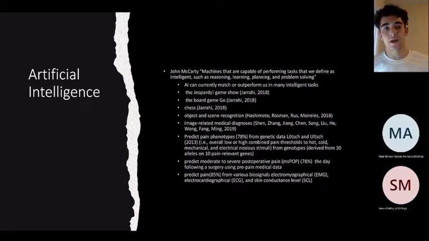So artificial intelligence. John McCarthy, I believe in the 1950s, famously defined it as machines that are capable of performing tasks that we define as intelligent, such as reasoning, learning, planning, problem solving. And of course, it's kind of a weird definition that doesn't really go far, right? Because it's like, oh, well, artificial intelligence is anything that we would consider intelligent, but just done by machines. It's a practical definition, but it doesn't really get at what intelligence even is. But it doesn't really matter, as long as you can recognize it as intelligent, you can then say it's artificially intelligent, as a distinction from natural intelligence.